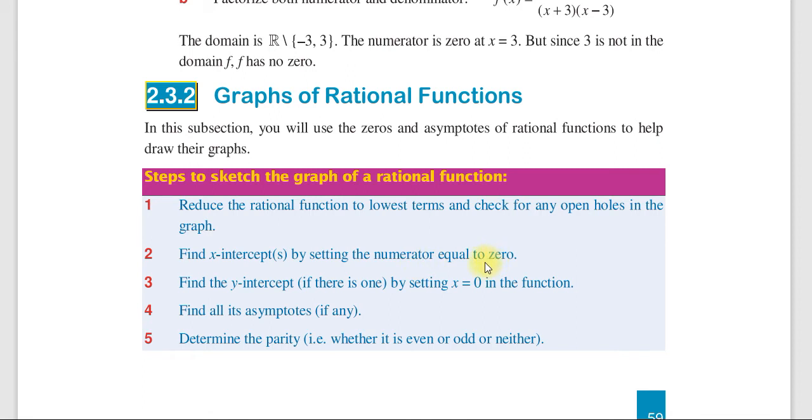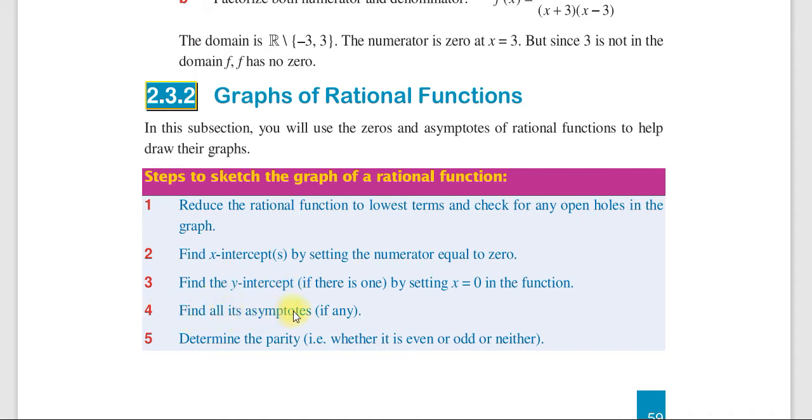ኑሜሬተሩን ወይም ለአሉን እኩል ነው 0 ብለን x intercept እንፈልጋለን። ሶስተኛ find the y intercept if there is 1 by setting x which is equal to 0 in the function. x which is equal to 0 ብለን ደግሞ y intercept እንፈልጋለን። ስለዚህ ምን ፈለግን እስካሁን x intercept y intercept። ከዛ